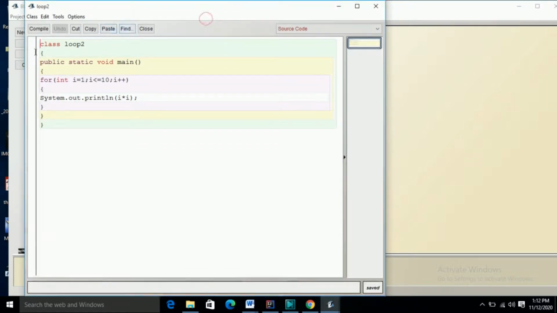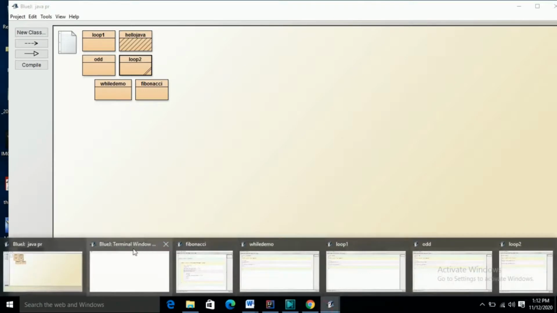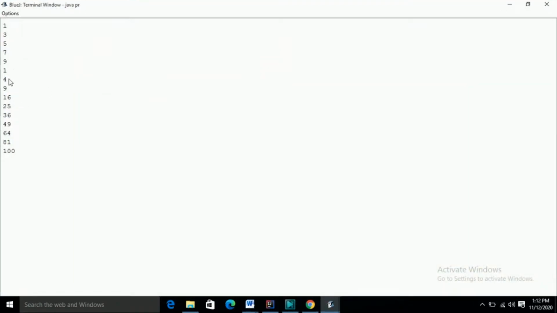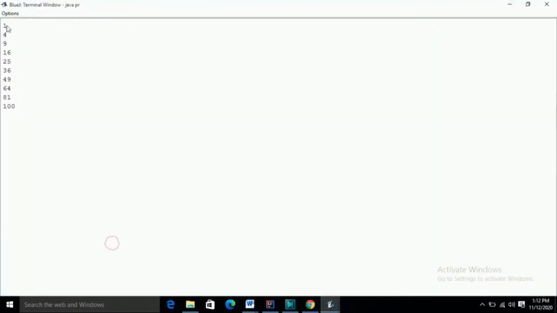Now if you run this program, I've compiled this program. Now if I run this, I'll get an output like 1, 4, 9. Since I've not cleared this one, I'm clearing this out. Again I'll run this. So when I run this, the output will come out to be like this: 1, 4, 9, 16, 25. That is square of 1, square of 2, square of 3, square of 4, square of 5, and so on up to 10.